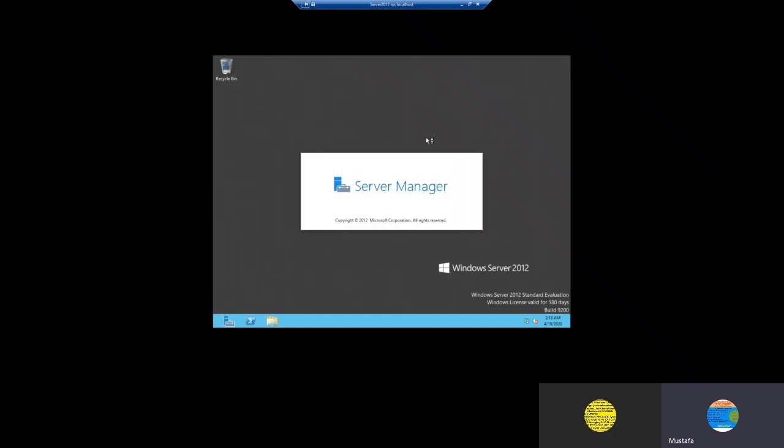I am clicking on view with full screen mode. Okay, this is getting prepared, the Windows profile for the first time. Okay, so I'm getting this window. Okay, so it is installed properly, Windows Server 2012.